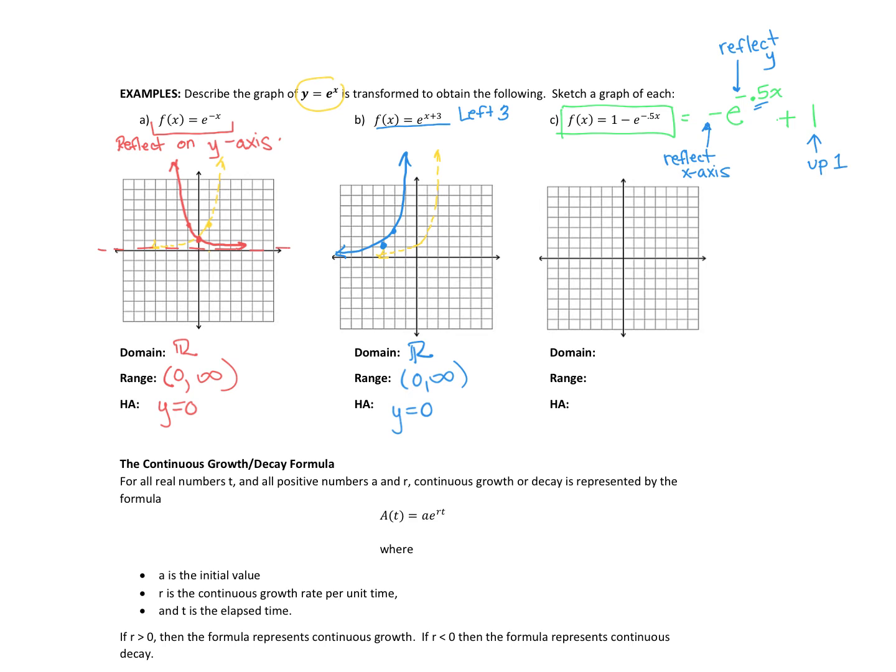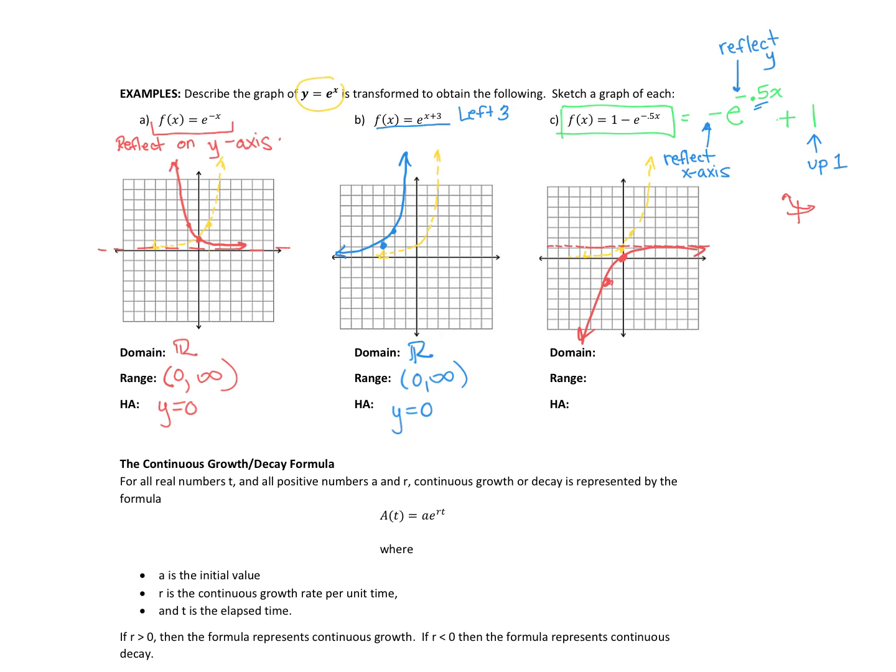So again, let me sketch the original e to the x. We know that that's going to be decreasing, so that might look more like this. And then we're going to reflect it on the x-axis and on the y-axis and shift it up 1. So shifting it up 1 is going to change my asymptote. And we're going to go through a couple of points here. It's going to look like this,